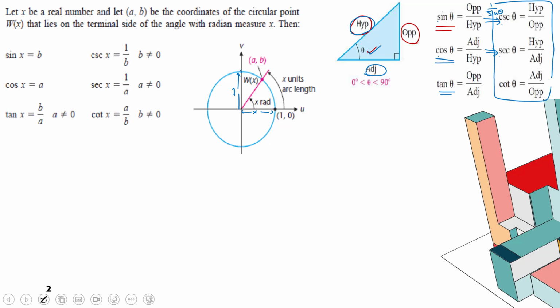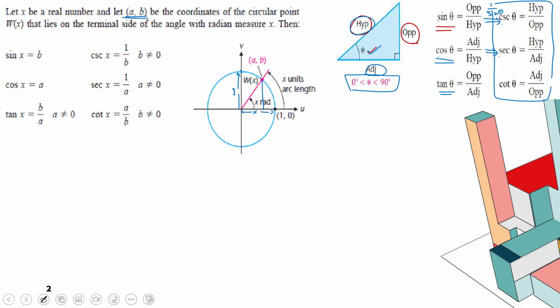So we have two types of measurement for theta, the degree or the radians. Now, if you have a unit circle, it means you have a triangle like this one, right? So the sine theta is, yes,